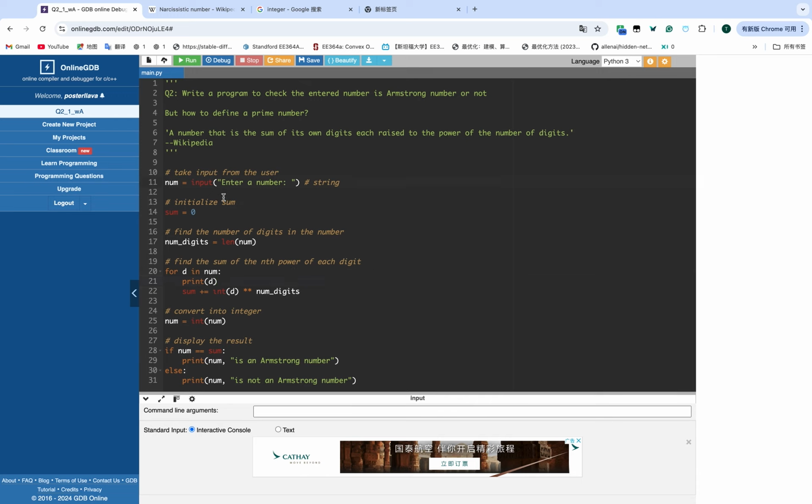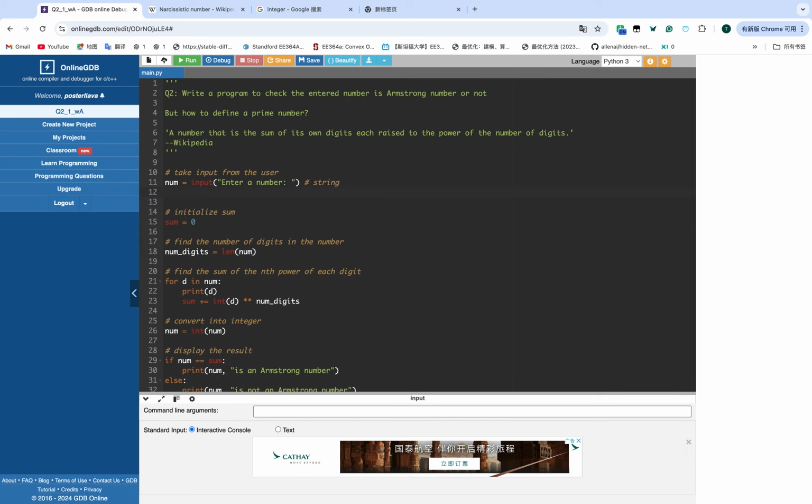We leave the original data type and we don't do the data conversion, leaving the original number variable actually a string data type, and we could print that out to check. It's all the same, and we calculate the length of the string data type, and this time we use a for iteration,